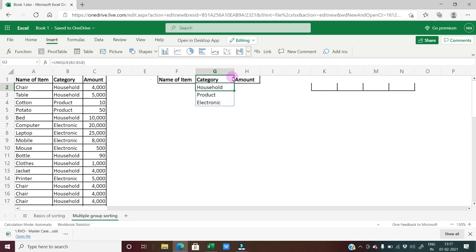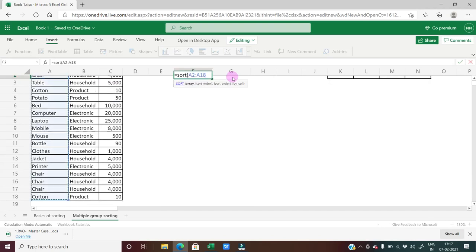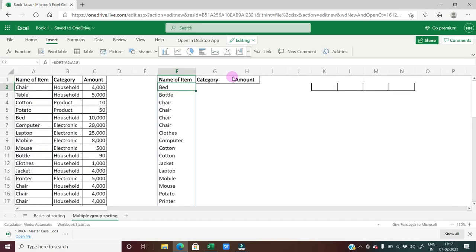Now if you ask me how to do unique with sorting also, if I want to sort certain things with unique, it is very simple. You put your sorting formula, and before the sorting formula just put the unique functionality. Say for example, I put a sorting formula here, and now I want unique in this particular thing.